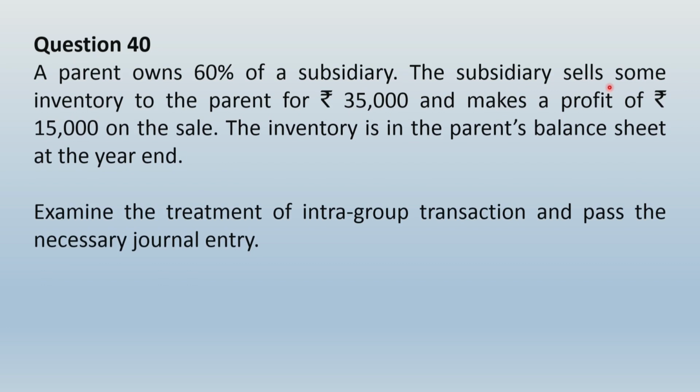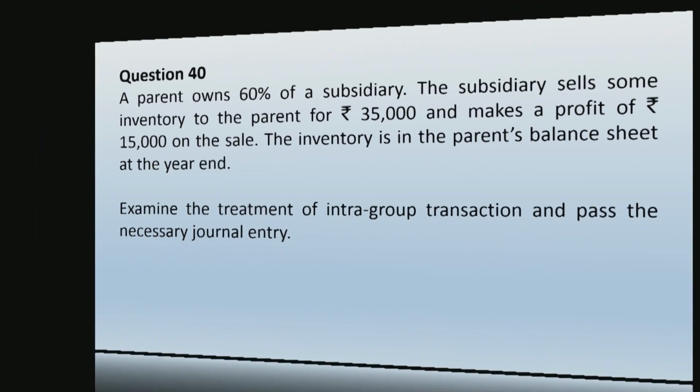And the impact of reducing the profit from the subsidiary is that 60% of that profit will be suffered by the parent company itself. Now with that other 40%, it is non-controlling interest that will get reduced. It is because whatever profit subsidiary earns, 40% of that is shared by the non-controlling interest. If the profit of subsidiary reduces, it is non-controlling interest that will also suffer. So let us see how to present the solution.